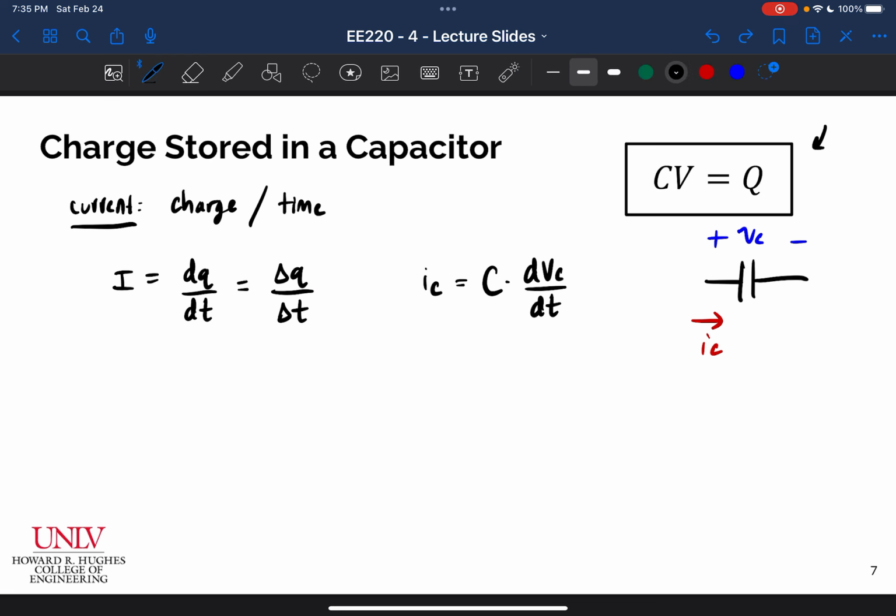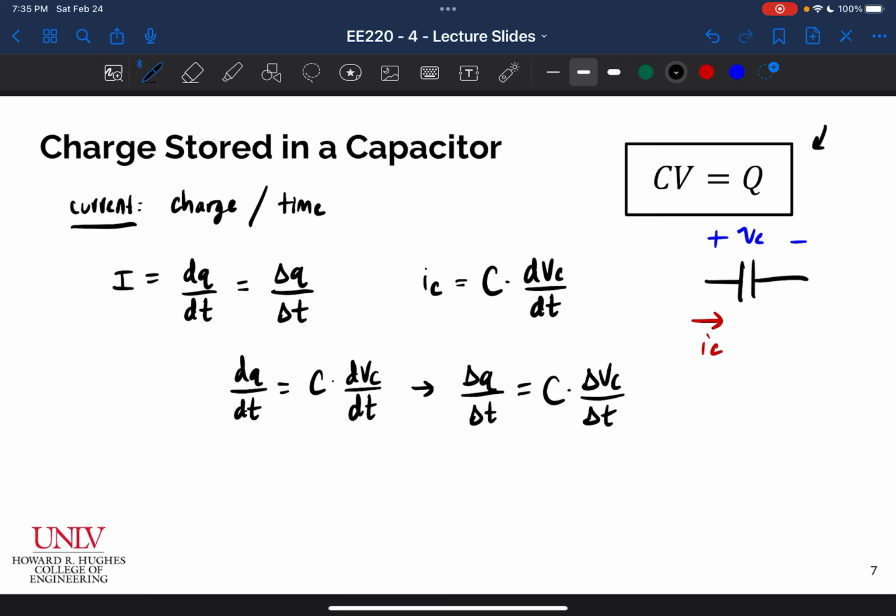I can say dq/dt is equal to C times dVc/dt. Or, equivalently, delta q over delta t is equal to C times delta Vc over delta t,